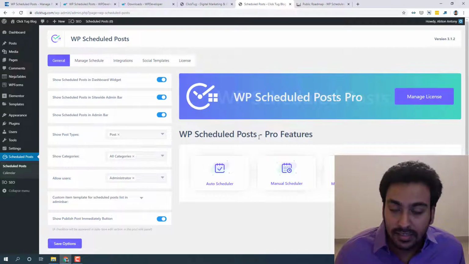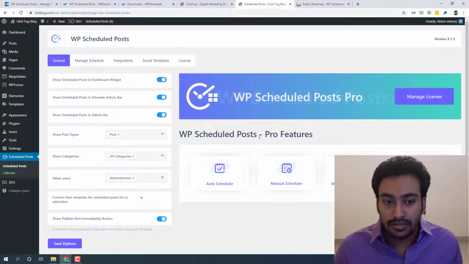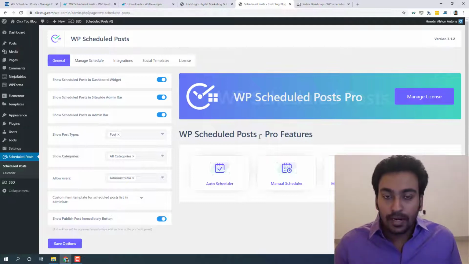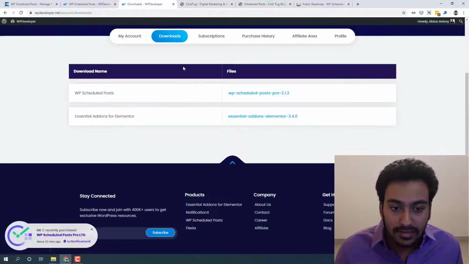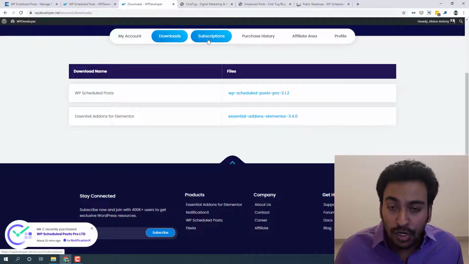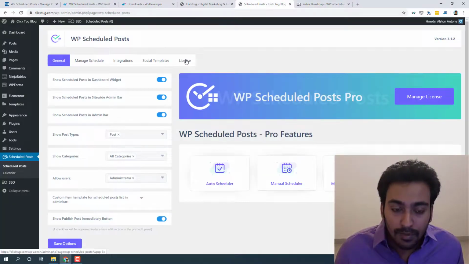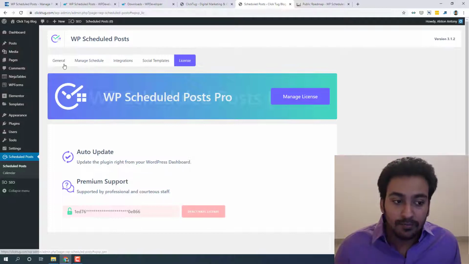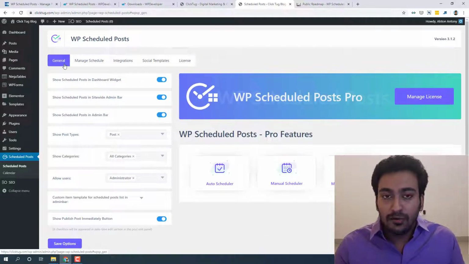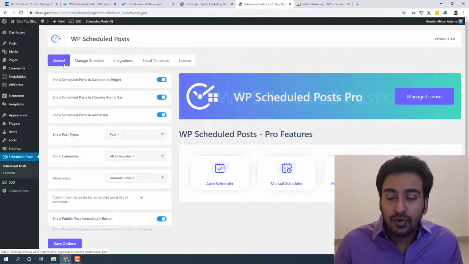and you can see this is the dashboard of the plugin. Immediately, there are two things you need to understand. First, when you install the plugin for the first time, it will ask you to activate your plugin. There you can get the license key for this plugin by going to the subscription tab and coming here to the license tab, and you can activate your license. Second, you won't see a basic dashboard. Actually, the first time you install, it will automatically take you through a wizard process where you can define what you